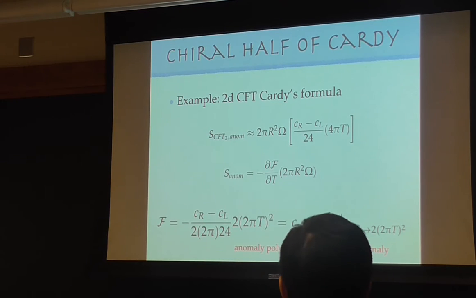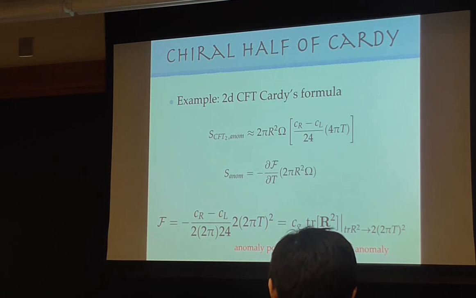So in 2D, if I were to do it, I just count the number of left-handed and right-handed fermions, and then that will be the coefficient of trace R squared. How do I get the exact relation to this? It's not clear. C left minus C right, all that stuff. Oh, you're worried about C right minus C left.